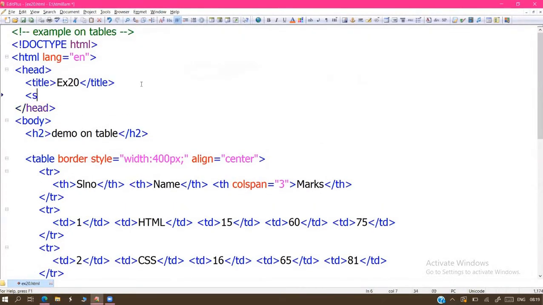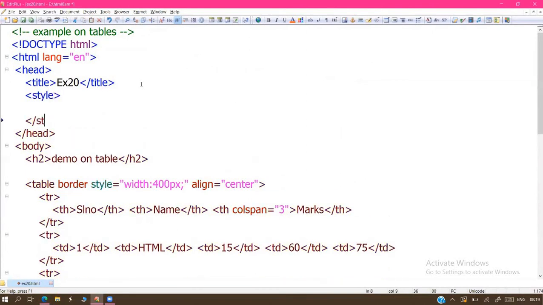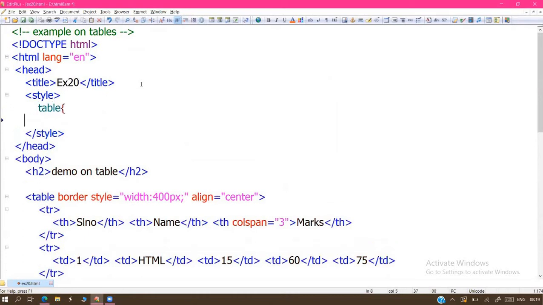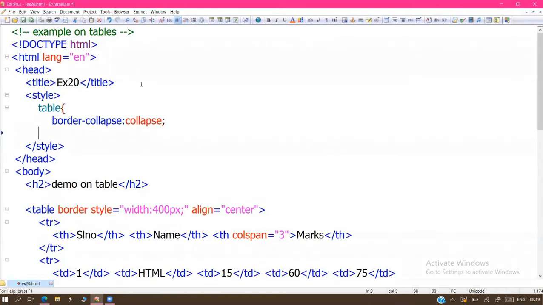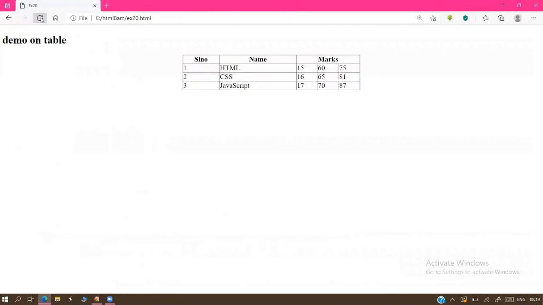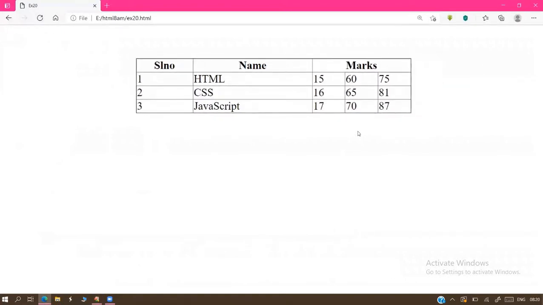So go to the head section, take the style tag. One side border only it comes. First take the table, collapse the border. Collapse the border in the sense existing border we are destroying. So border-collapse: collapse. That existing border is collapsing here. Get the table like this. See a single line border, and it's looking very good compared to double line.